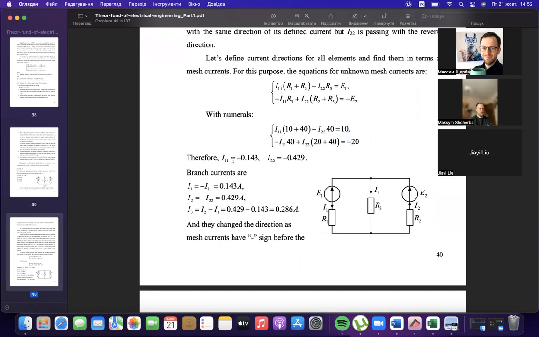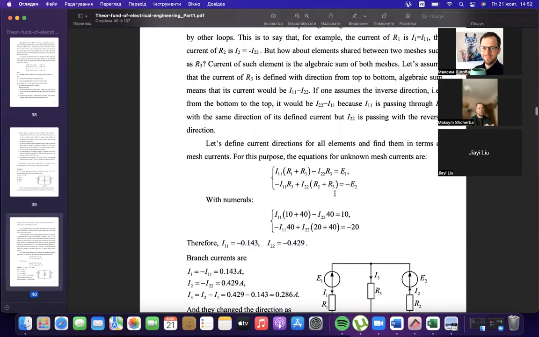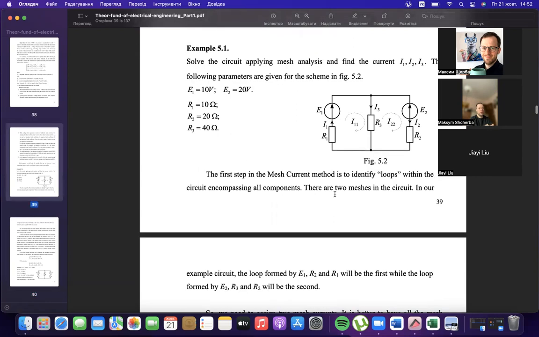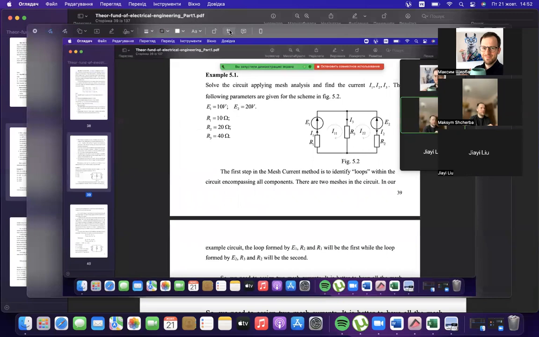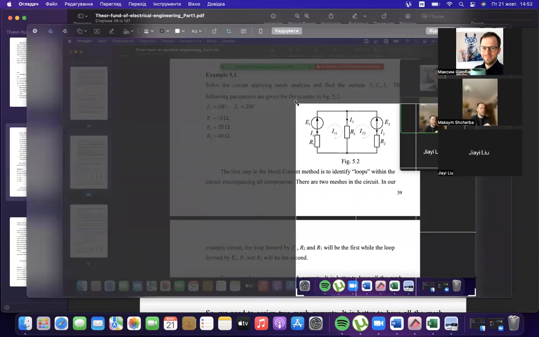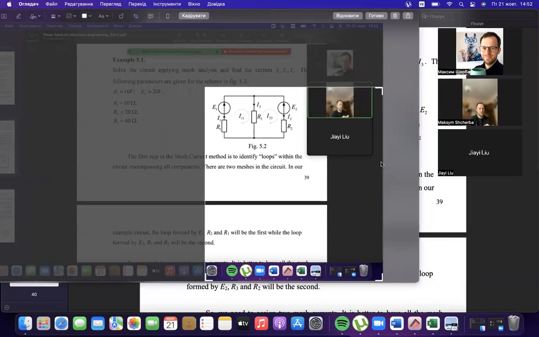As a result, finding 2 mesh currents, I11 and I22, and after that, finding the real ones. If you compare the mesh currents that were chosen here,